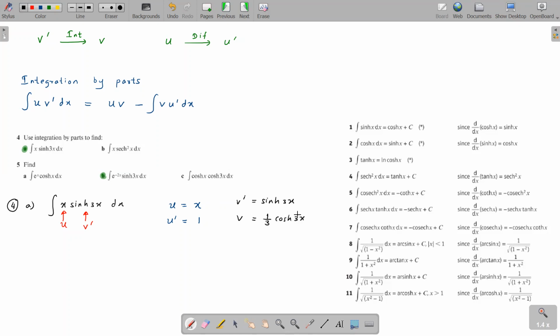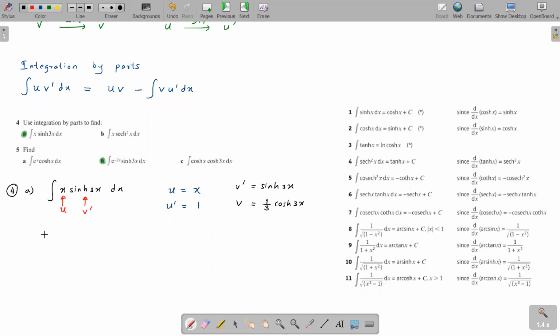So now we have our v and u dash. It's time to just substitute everything into the equation. So integration of x sin 3x equals uv, so directly substitute into the equation. Who is u? u is x, v is minus 1 over 3 cos 3x. uv minus integration v u dash. u dash is 1. Do you agree? So then I get here minus 1 over 3 x